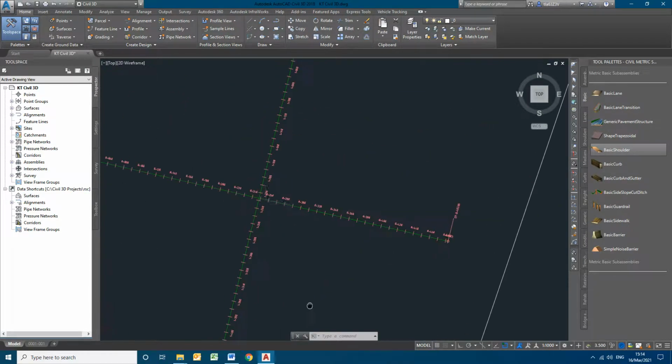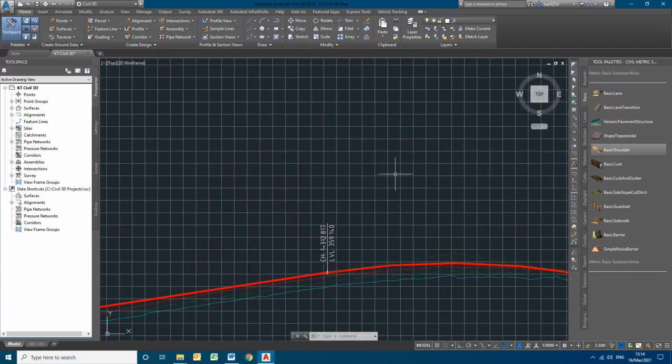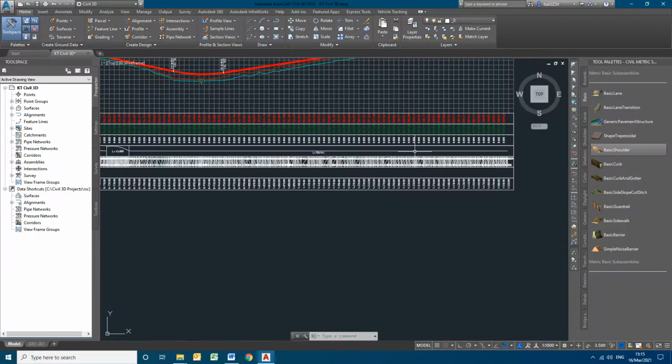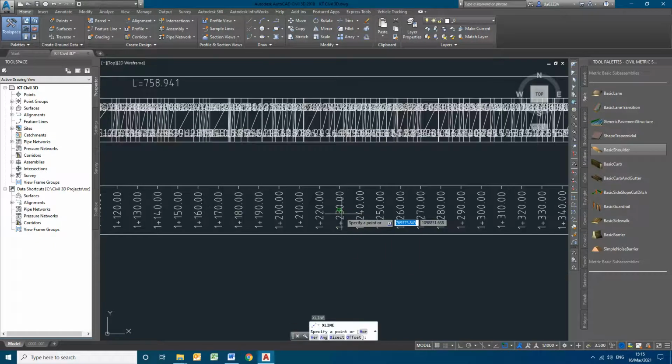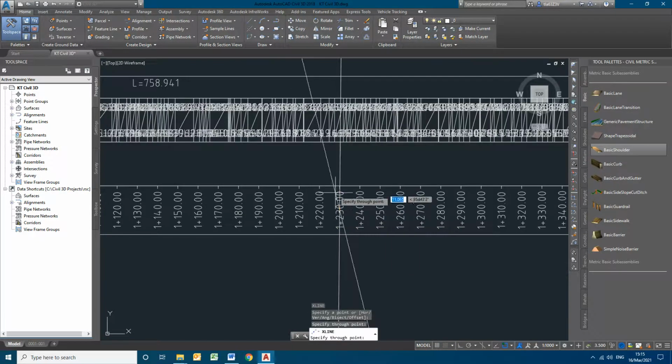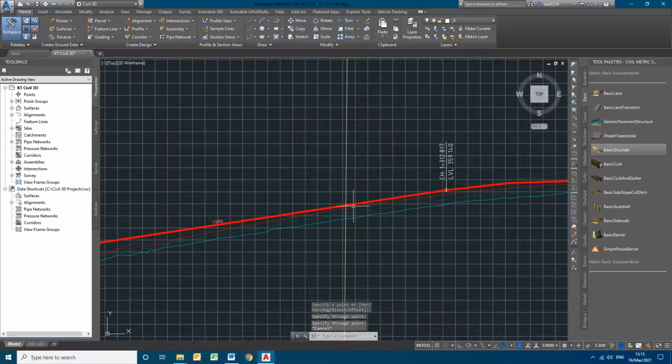Our junction point is somewhere around chainage 1230. So our junction is somewhere around here.